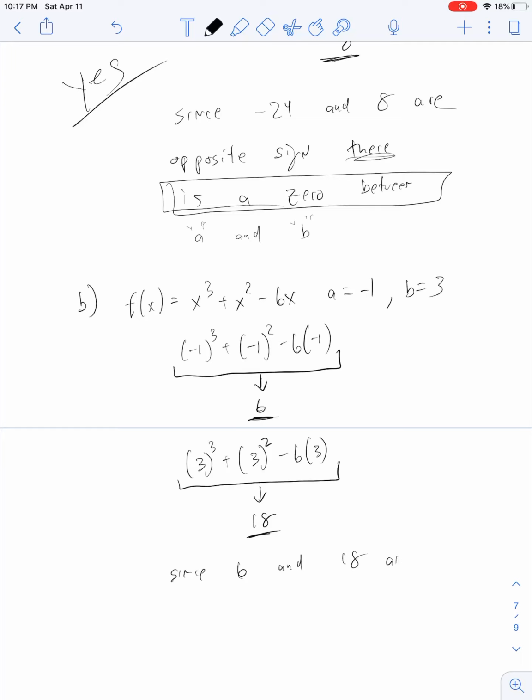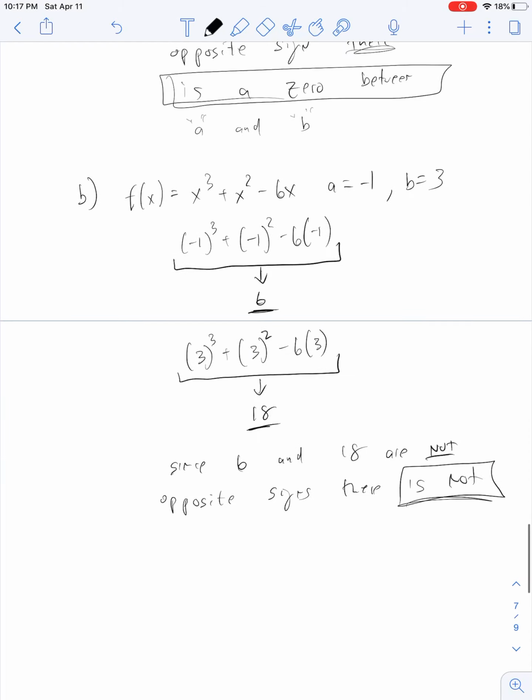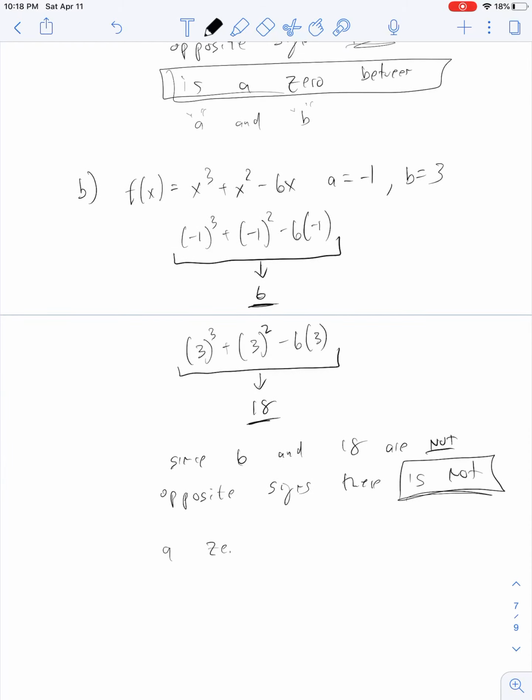So since 6 and 18 are not opposite signs, there is not a 0 between A and B. So some nice examples of 8.2. Once again, if you have